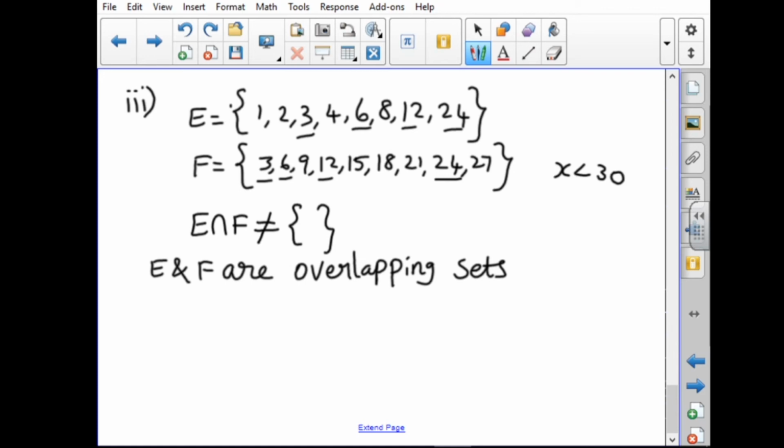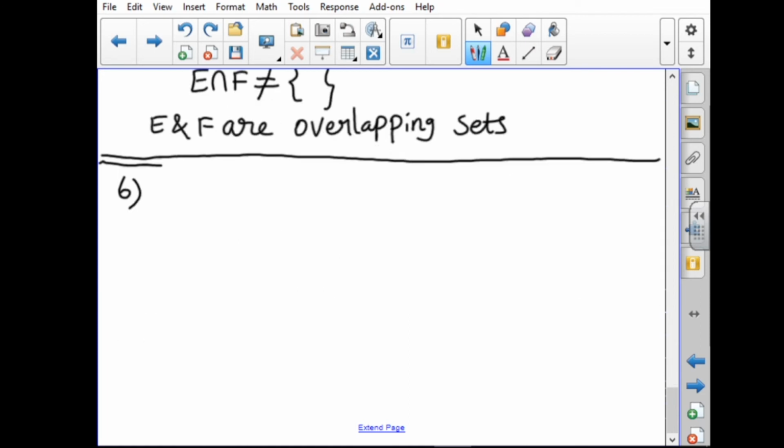Okay. Then next question number 6. If S is equal to the set square, rectangle, circle, rhombus and triangle, list the elements of the following subsets of S. So you have to list the following subsets. First one, the set of shapes which have 4 equal sides. Four equal sides means which shapes are possible? Equal sides means the square and the rhombus.